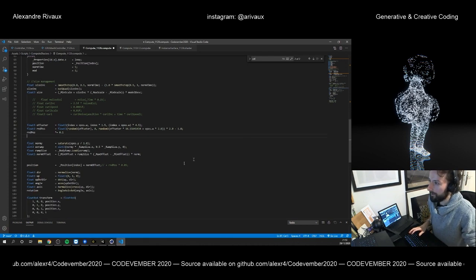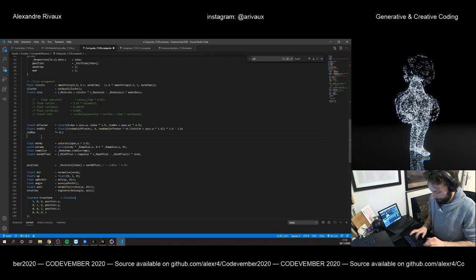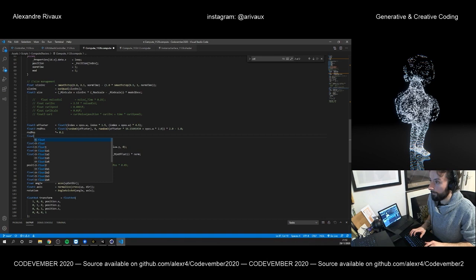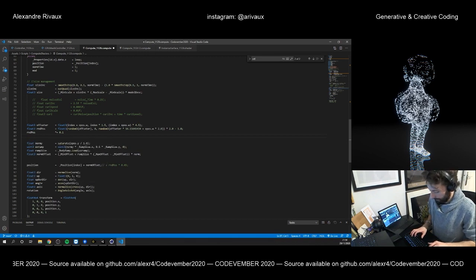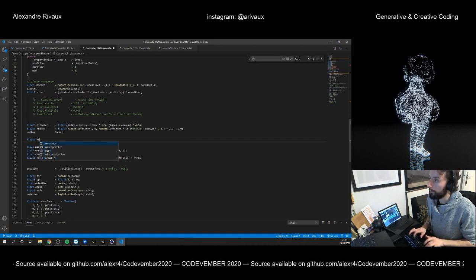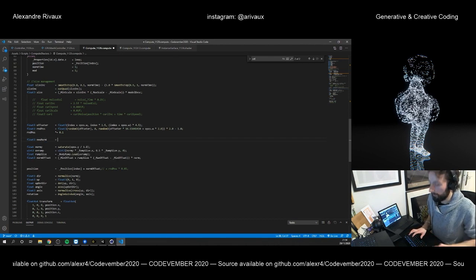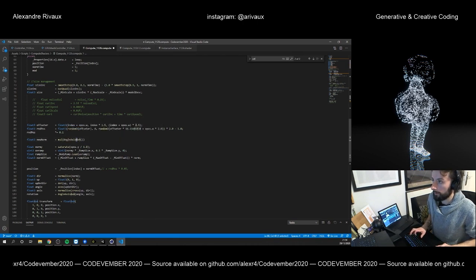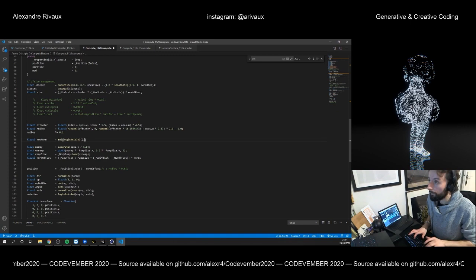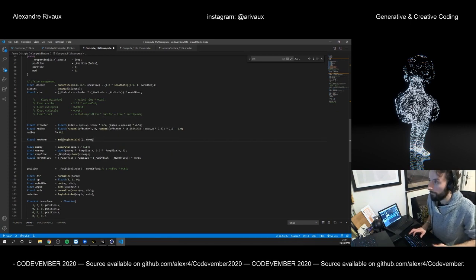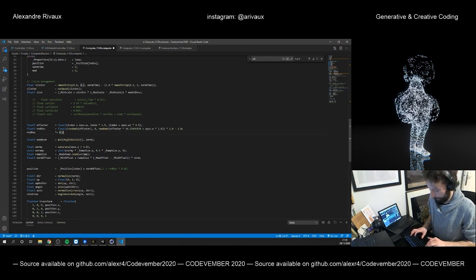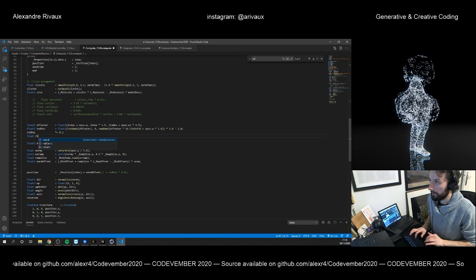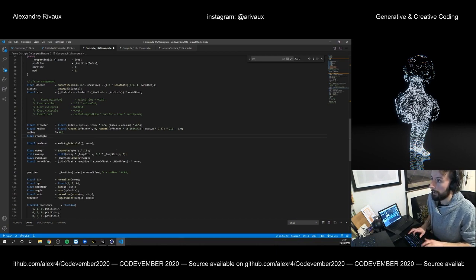And now I would need to define a new float 3 new norm, which would be equal to the multiplication of our matrix. So it's a 3 by 3 because I'm multiplying a vector 3, and it's taking the angle. So let's put a random angle, float r in the angle, something like